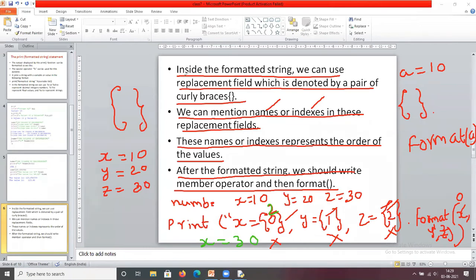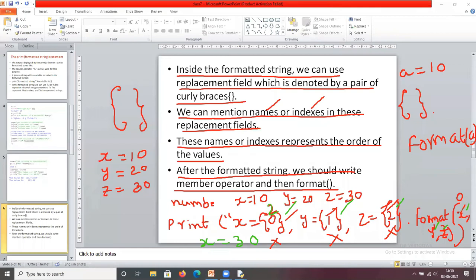Format function: inside the formatted string, we can use a replacement field, which is denoted by a pair of curly braces. So these are the curly braces. We can mention names or indexes in these replacement fields. These names or indexes represent the order of the values. Here the order of the values is 0, 1, 2: 0 means x, 1 means y, 2 means z.